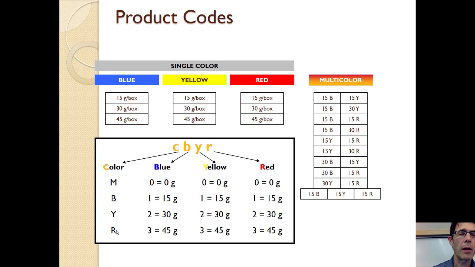So if it's a red box with 30 grams, that would be 0 blue, 0 yellow, and 2 red, which indicates 30 grams of red. Now, if it's a multicolor, let's say it's multicolor 2, 1, 0. That would be 30 grams of blue, 15 grams of yellow, and 0 grams of red. Okay,